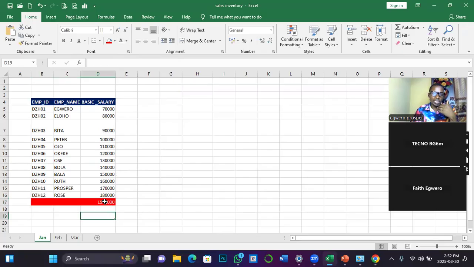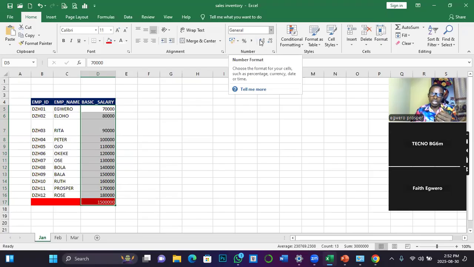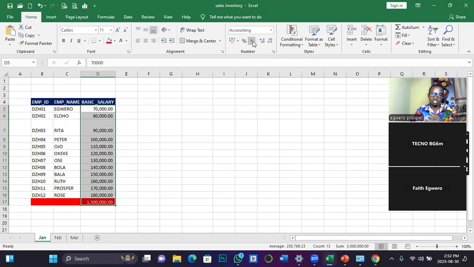Now I want to display all these values as monetary values because these are general values. So you cannot actually say that these are in dollars, these are in naira. Okay, so if you want to acknowledge them as monetary values, what you do is highlight them and then go to where you have this. You can just use a comma just to differentiate 1,000 from 100. And then you can decide to say, I don't want decimal points.